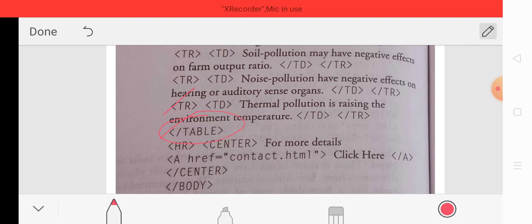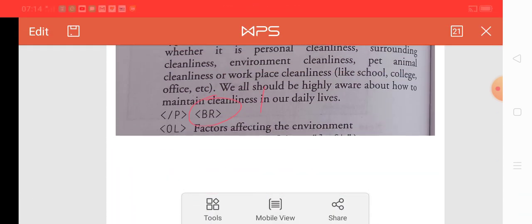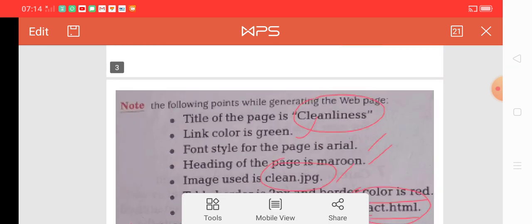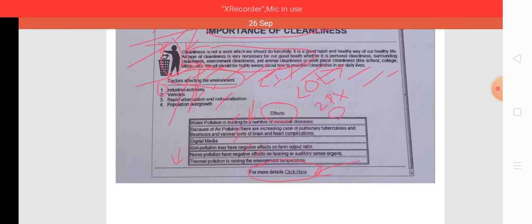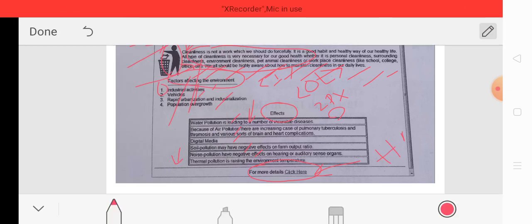After closing the table tag, again there is a separation, and we can see that the table is separated by a line. So the hr tag is used here. You can easily see that in the web page. The line is there, so the hr tag is used to implement this line.